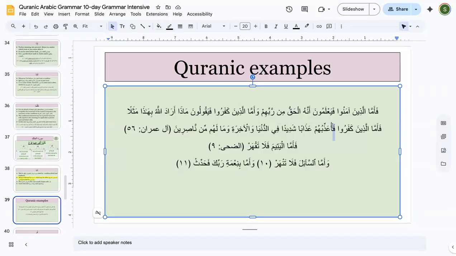So as for those who did the kufr, u'azzibuhum azaban shadida. Can I again say allazina after amma is my mubtada, allazina kafaru is my mubtada, u'azzibuhum azaban shadida is my khabar, right? Coming after fa'u rabita, and again it is entering a jumlatul ismiya. Fa ammal yatima fala taqhar. So as for the orphan, do not repel, right? So in here, again, see, it is followed by an ism. It is followed by an ism again.